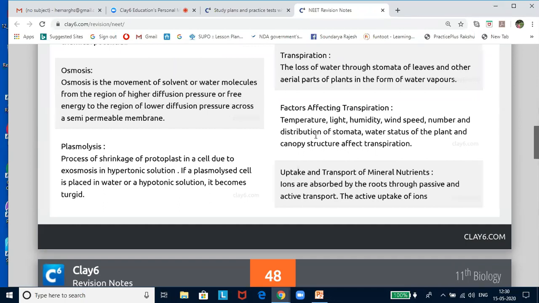Permeable, that is, they can allow all solutes and solvents to pass through them. Example, cellulosic cell wall. Semi-permeable, that is, allows solvent but prevents solute to pass through them. Example, parchment paper, copper ferrocyanide membrane. And differentially permeable, allows only certain substances to pass through them and prevents the others. Example, all your biological membranes like plasma membrane, tonoplast, and all membranes surrounding the different cell organelles.